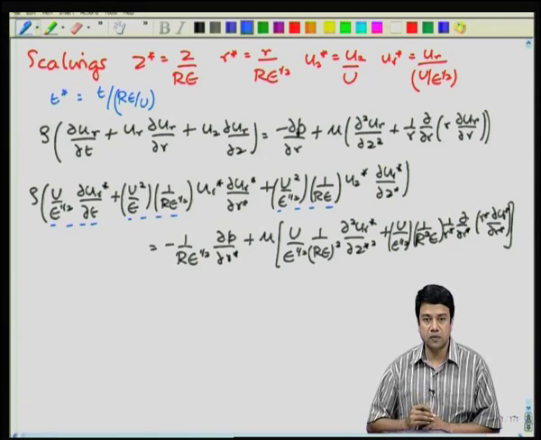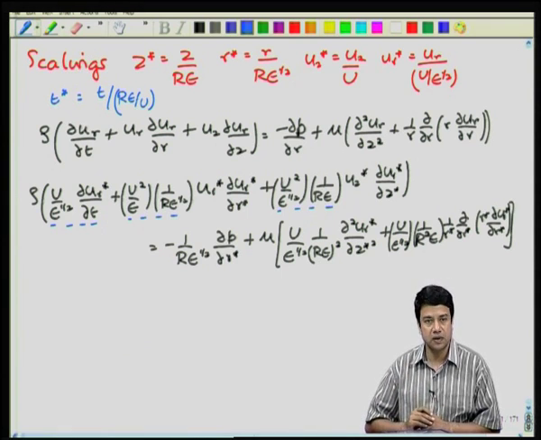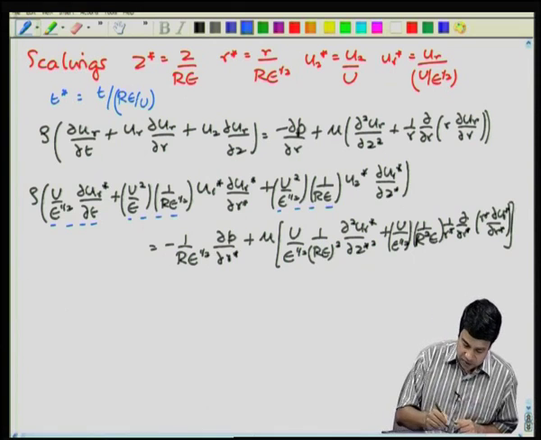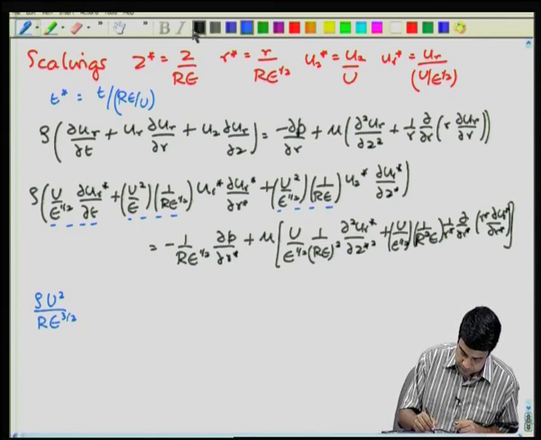So, r epsilon by u is the time scale it would take for the sphere surface to touch the bottom surface if it were moving at a constant velocity. Okay, so that gives me the scaling for T star. Once I have that, I have the prefactor rho u square by r epsilon power 3 by 2,